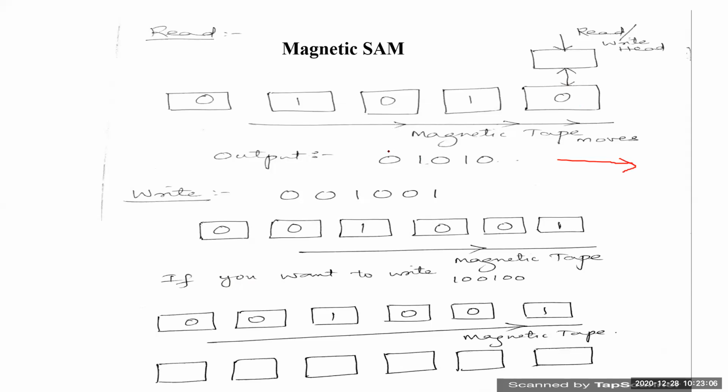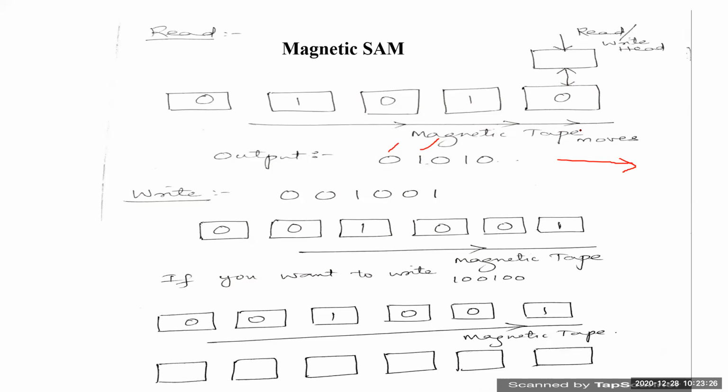So the 0 is outputted over here. The next data, after one step it goes, then after this one, this particular one comes onto the edge of the tape. So now this will be outputted, 1 will be outputted. In this way, sequentially, one after another, the cell's data will be outputted on the motion of a magnetic tape.